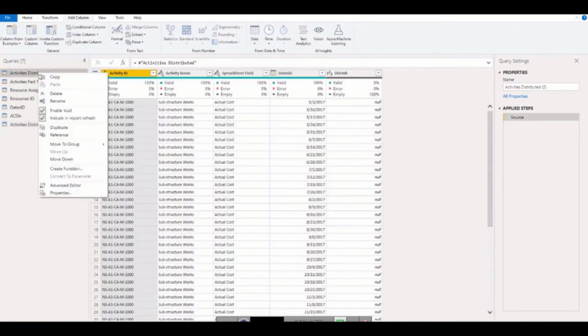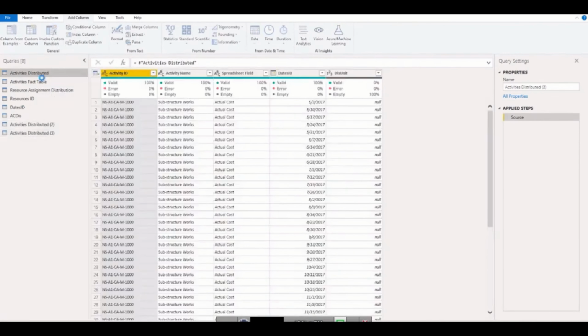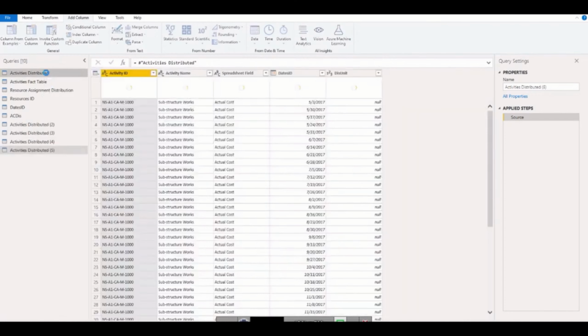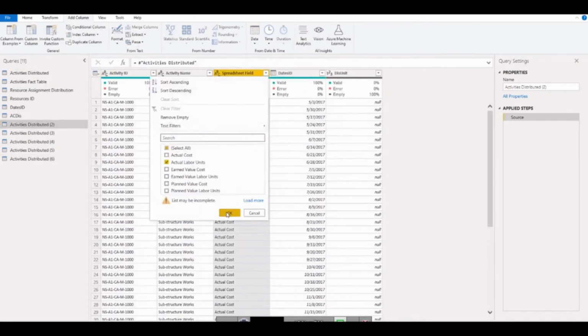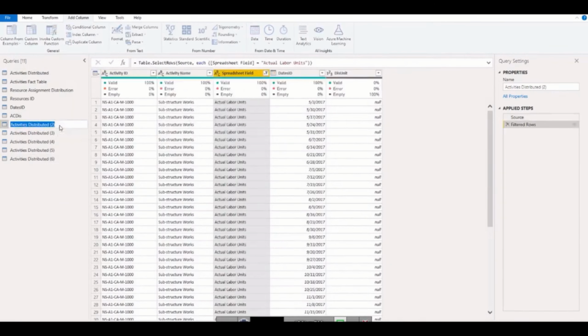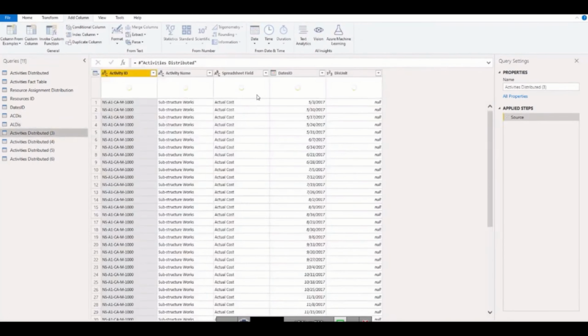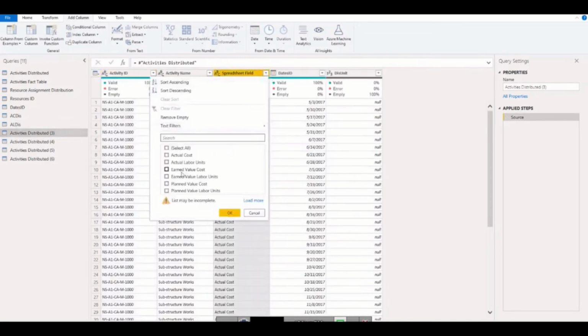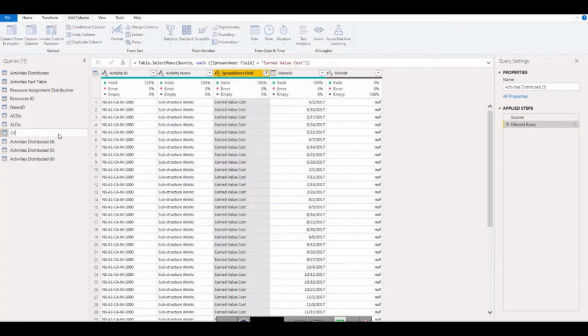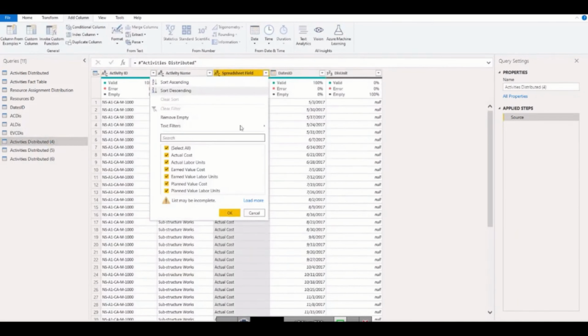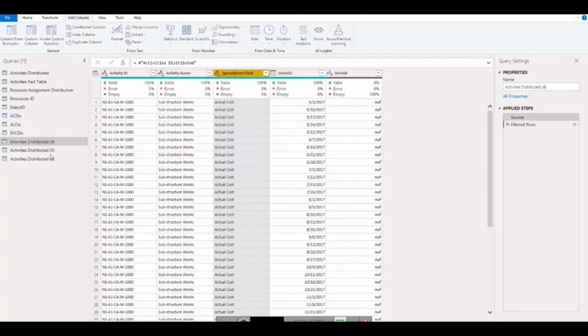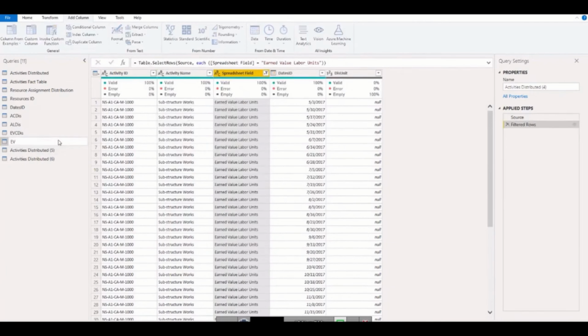Reference one. Here I'm going to make a filter for actual labor. So what I will do: actual labor distribution, earned value cost distribution, earned value labor distribution,